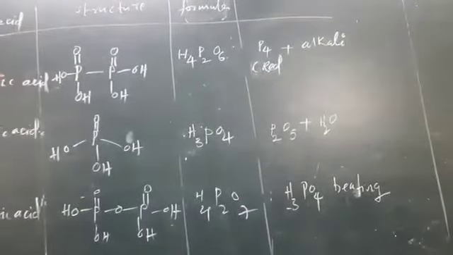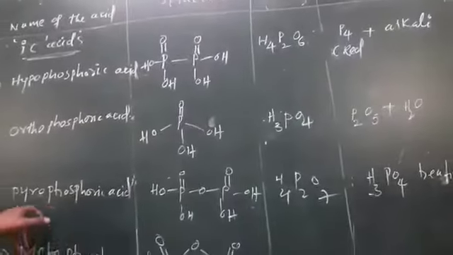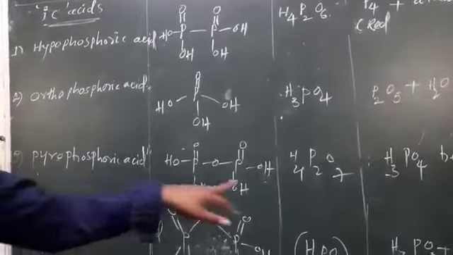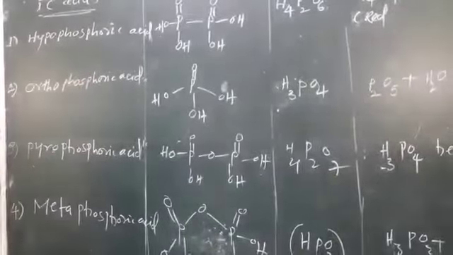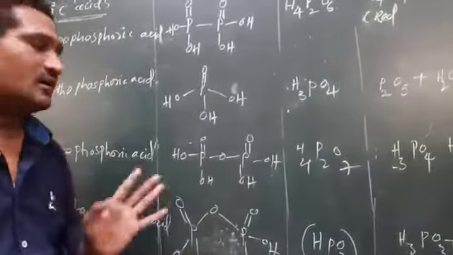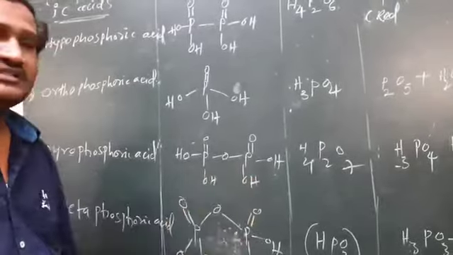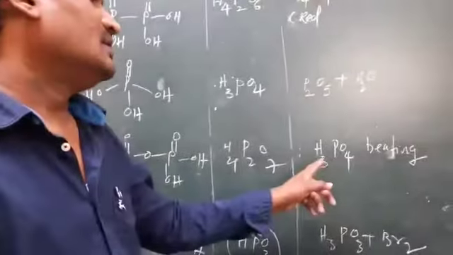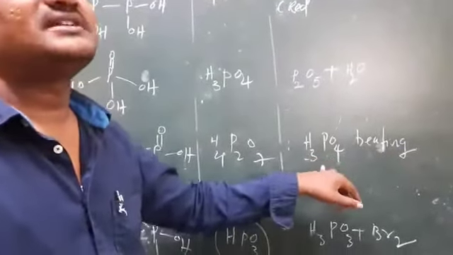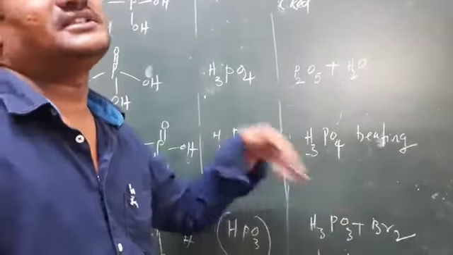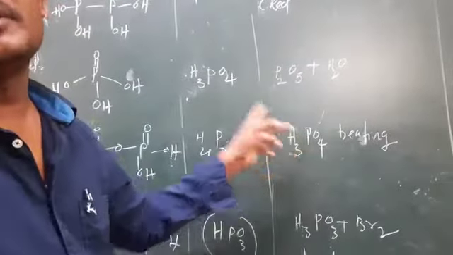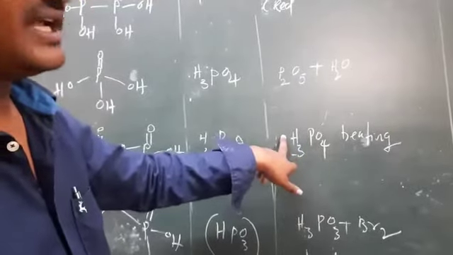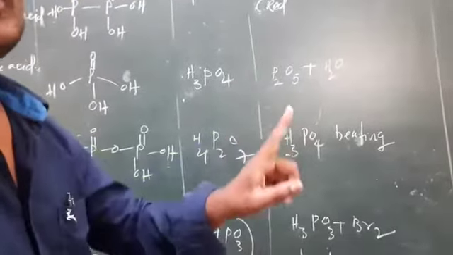Next, pyrophosphoric acid, H4P2O7, has one POP bond, 4 POH bonds, and 2 P double bond O bonds. It is prepared by strongly heating H3PO4: 2 moles of phosphoric acid lose 1 mole of water